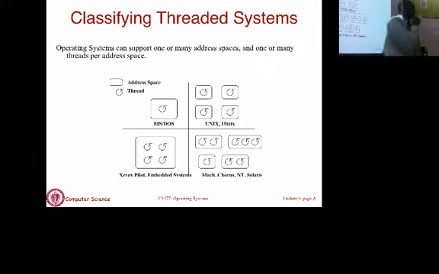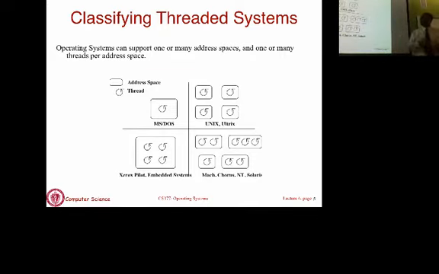Before we go to some examples, I just want to portray how operating systems have looked at processes and threads over the ages. This is not what the picture looks like today, but rather how it evolved over time. In the very early days, you had very primitive operating systems. MS-DOS is an example, which supported a single process and a single thread within that process. This was the uniprogramming model. Only one program can execute as a process, and there's one thread of control, shown by that twisted arrow through that process.